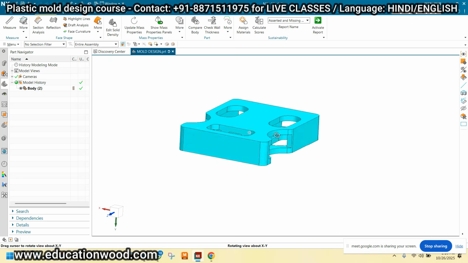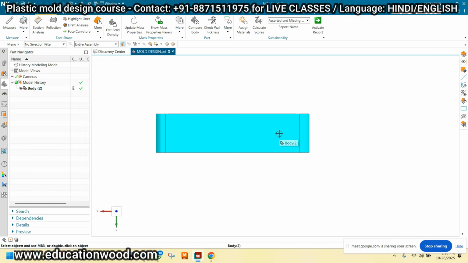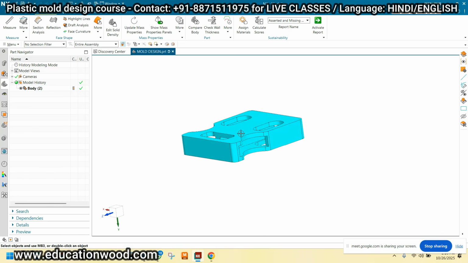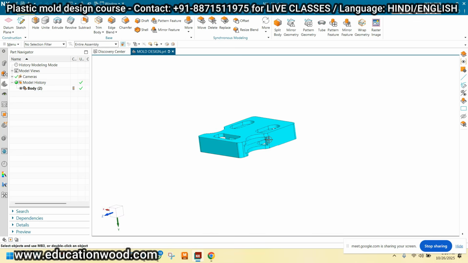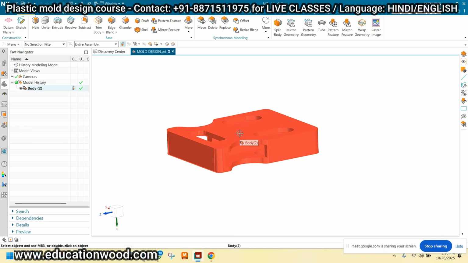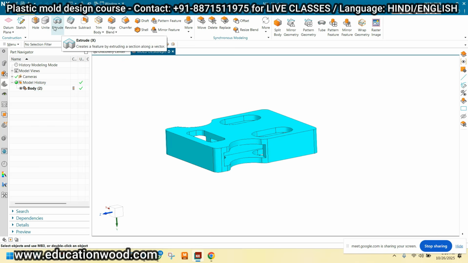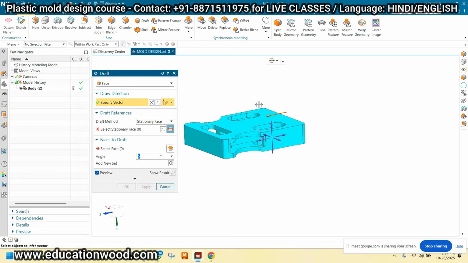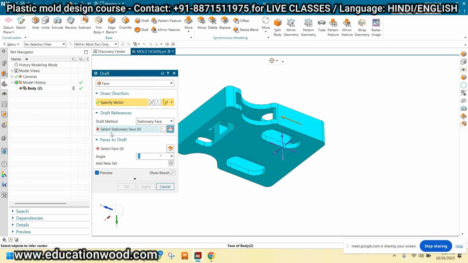But even so, if you can provide the draft, you should, right? For example, I'm just trying to provide the draft. Minimum draft you can provide. So I'm just providing the draft. Take the draft here. This is the draft, right? I'm selecting this. This is the stationary phase.